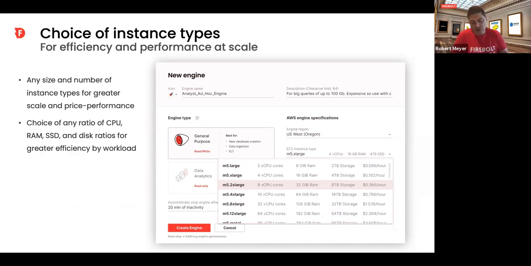You can choose 1 or 2 or 4 or 8 or 16 or 32 or 64 or 128 node clusters. Every time you go up, double the nodes, double the cost, and you get a slightly bigger node size, and you don't know how big that thing is. You can only see from the query profile whether you're spilling over to disk and whether you need to go up more.